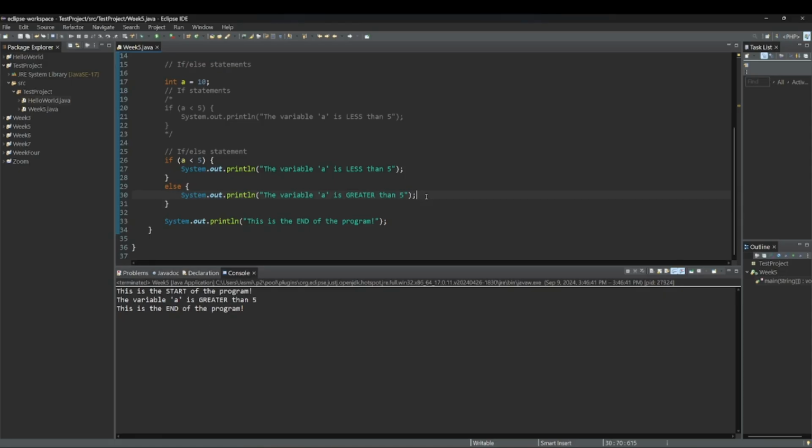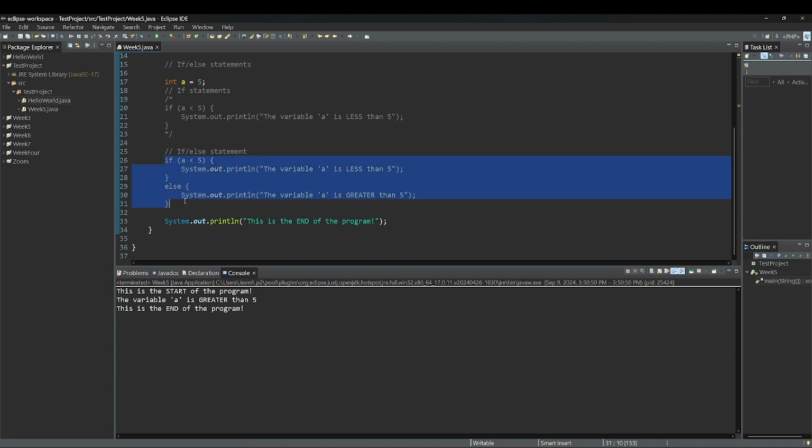Now there is a little more something you could do. So notice if I set this right to 5, okay, so a is equal to 5. So let's see what it says when 5 is less than 5. There we go. So you'll notice it says the variable a is greater than 5, which isn't necessarily true. 5 is equal to 5, so maybe we want that to show. So there is something called